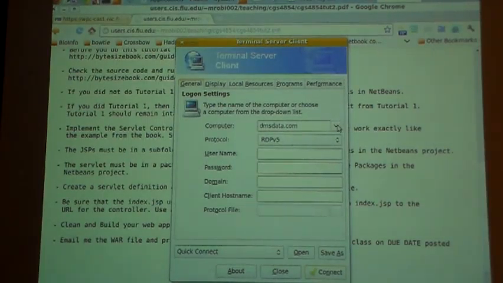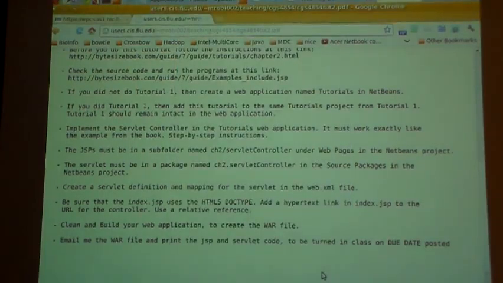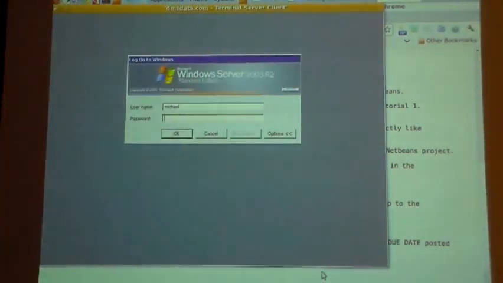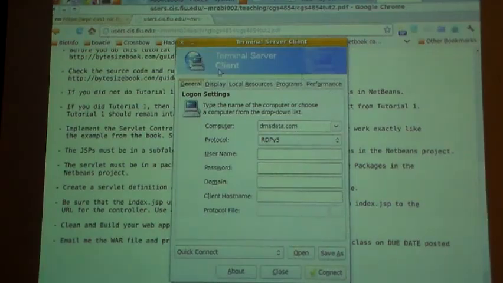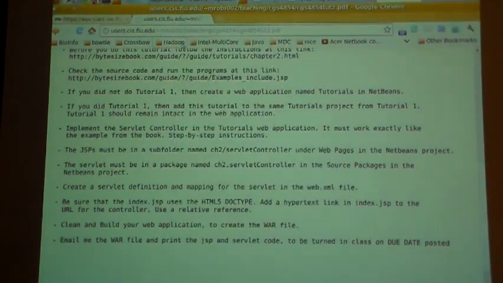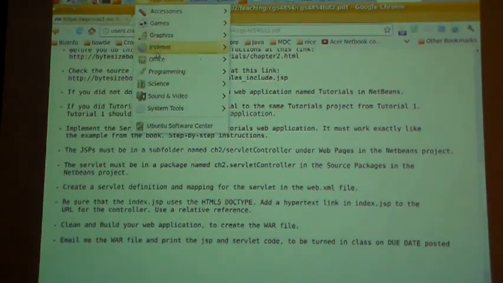Exactly the same thing. So this is my server in my house. So I go ahead and connect to this guy here. And there you go. You are sitting inside the server. And you do whatever you need to do. But I'm going to disconnect there. That looks and it works exactly like the one in Windows. Exactly the same thing. The one that we use here at FIU is this guy here,